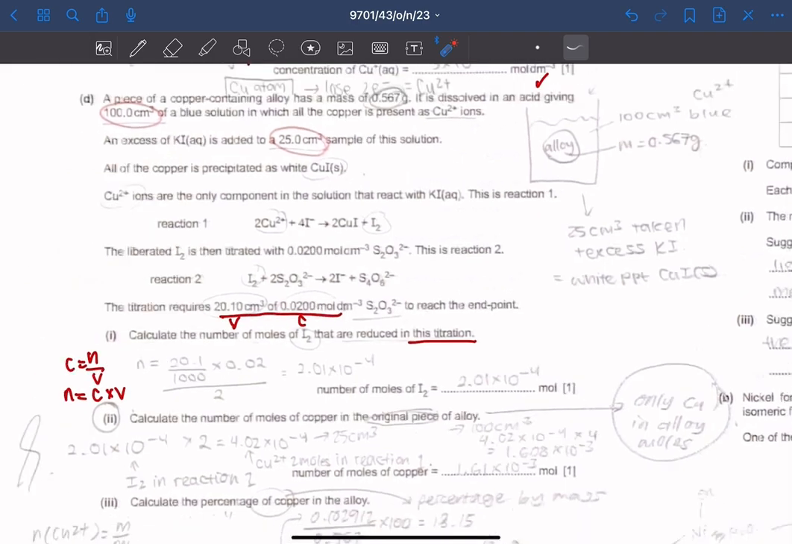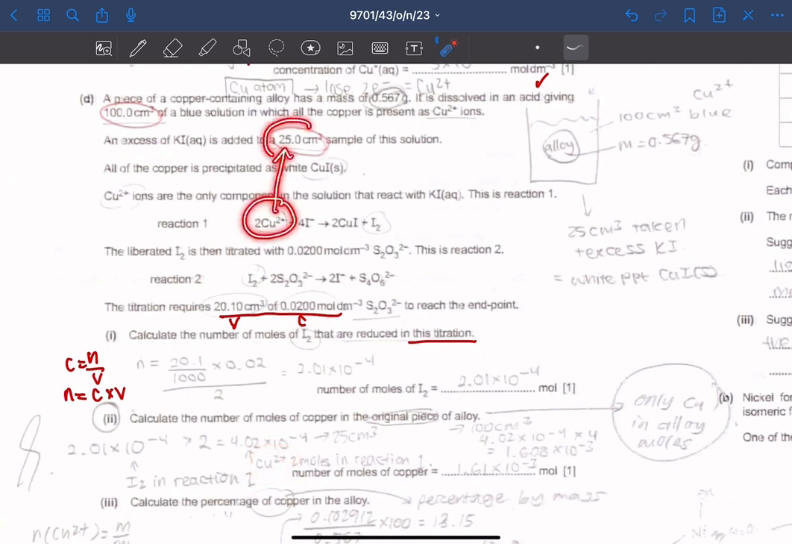So for ii, calculate the number of moles of copper in the original piece of alloy. This question is rather tricky, that's why I circled it. It's rather tricky for a one mark question. So 2.01 times 10 power negative 4 is the mole of I₂, and this is equal to the mole of I₂ in reaction 1. You multiply by 2 to get the mole of Cu²⁺. Therefore, we get 4.02 times 10 power negative 4 mole of Cu²⁺,